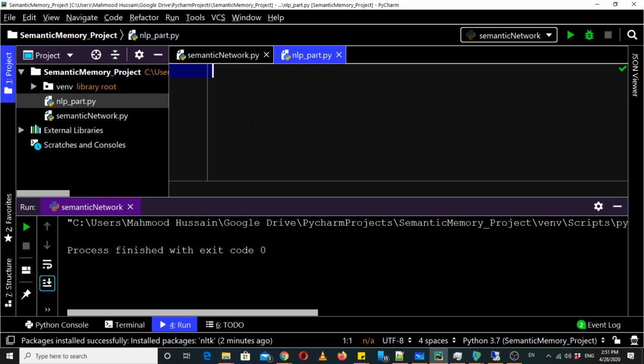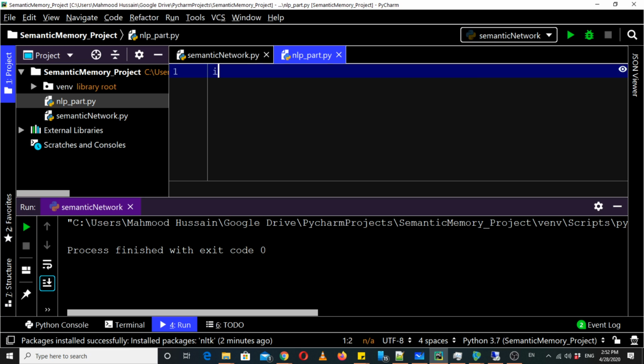NLTK utilizes different machine learning based models to identify part of speech out of the text and to identify the words out of the sentence. So we would need to download those models, but we will see later, when an error occurs, how to download them.